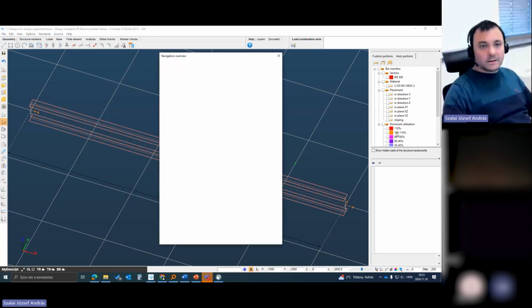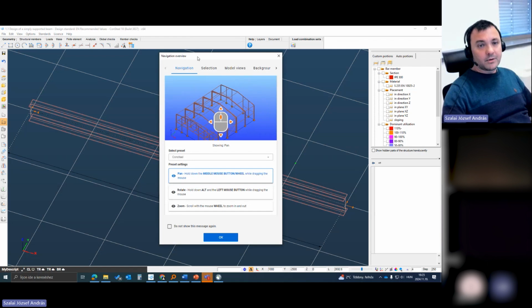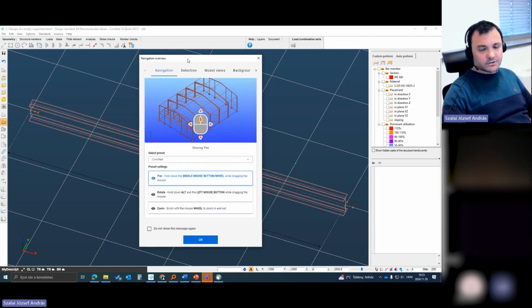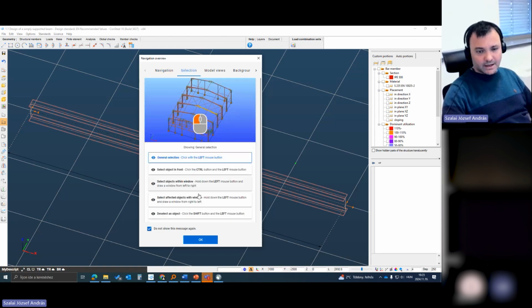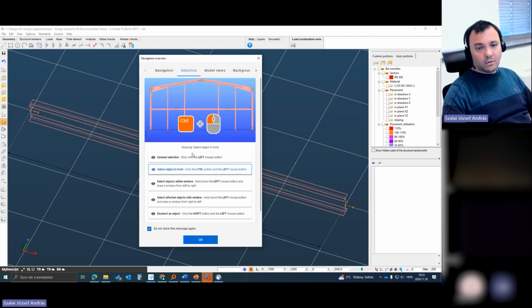First of all, here we have a brand new navigation overview screen. And now Consteel starts with that screen. You can check it so that you don't see it again. If you check all the possibilities, these help the engineer look at the most important model navigation tools in Consteel, how to navigate, how to select different selection types, here with a small GIF animation,